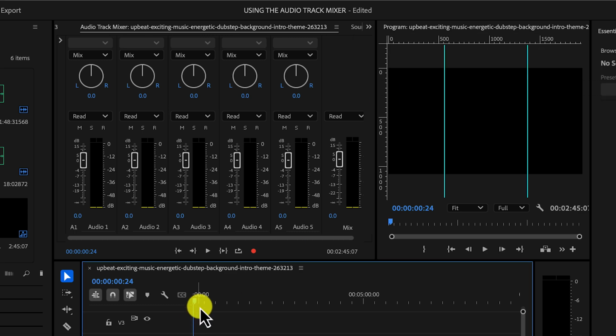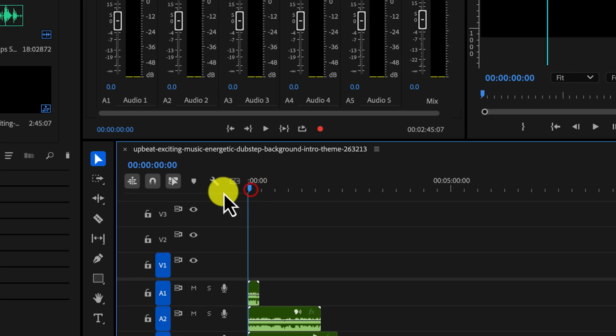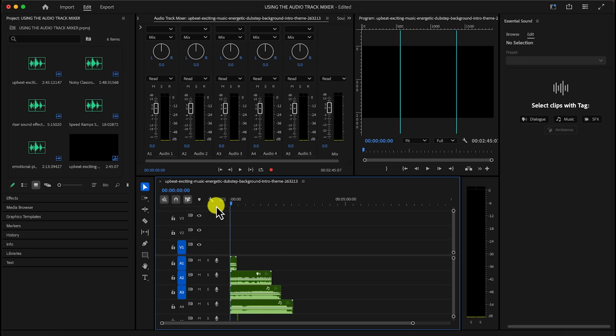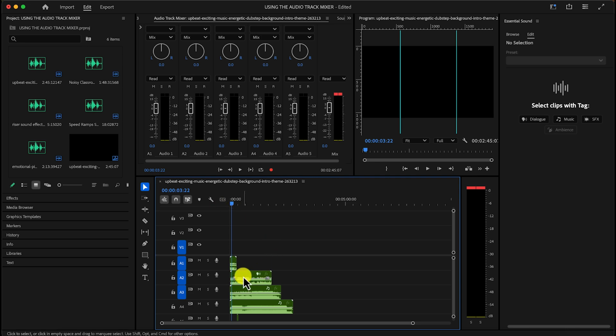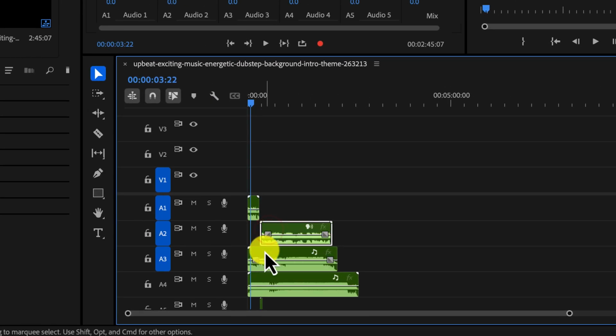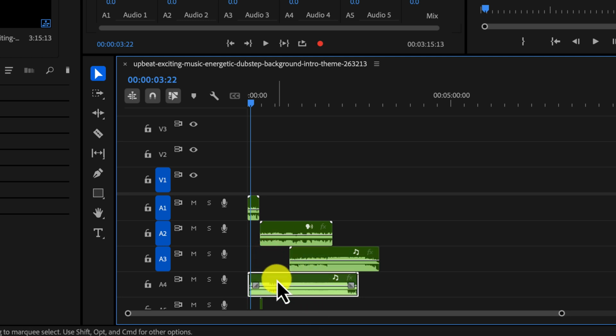One of the things you can really do in the audio track mixer is control each track of audio. So anything you put on that track actually helps you align with your edits. We have a lot of sounds going on right here, and I have a noisy sound. I also have some other sounds, and I'll be taking everything one by one so you can understand how the